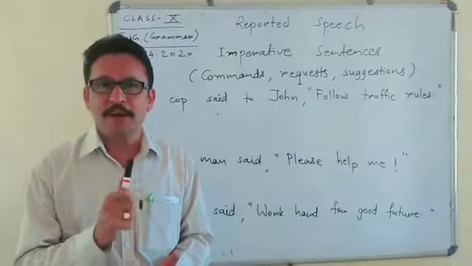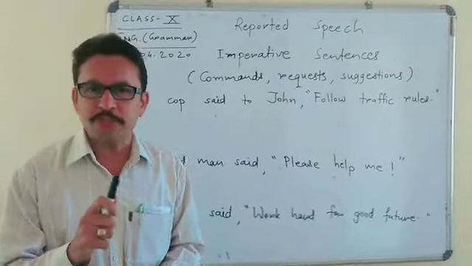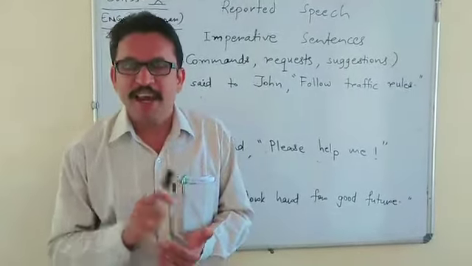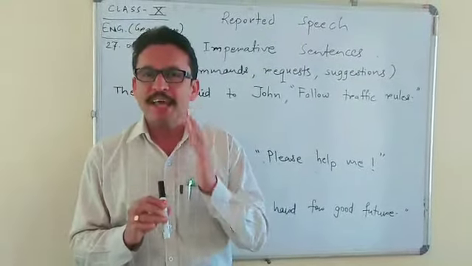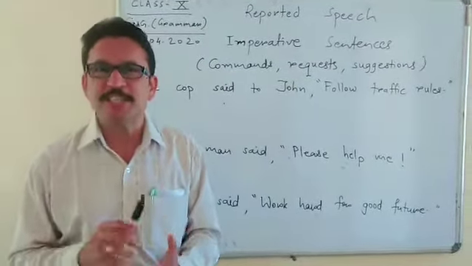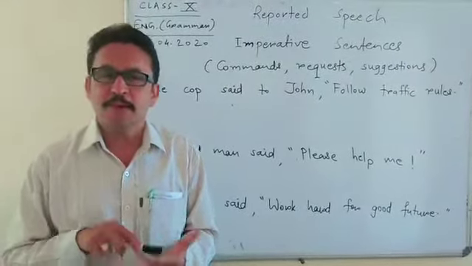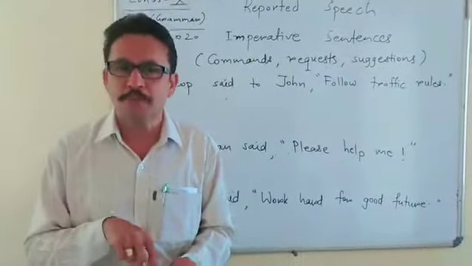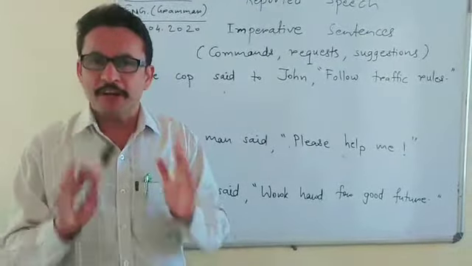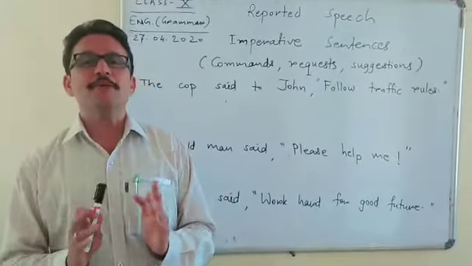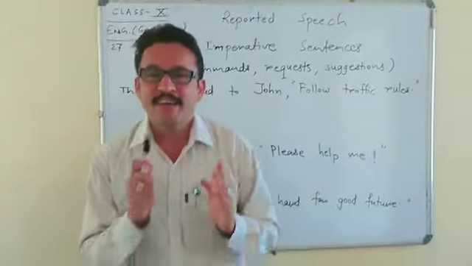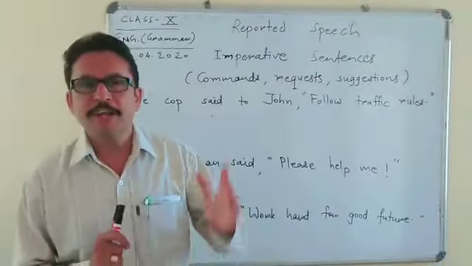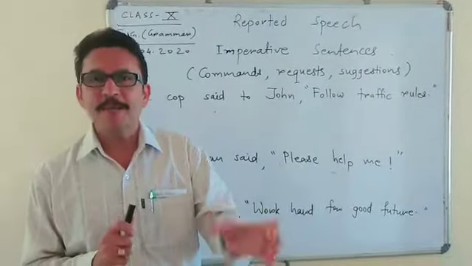Number one, WH type of question, and the other type is yes no type of question. And I told you that if the type of the sentence of the direct speech is WH type of question, then after the reporting part, that is who said to whom, in indirect speech for interrogative sentences we don't use the conjunction that. Instead of that, for converting WH type of question, we directly take the WH word, and after